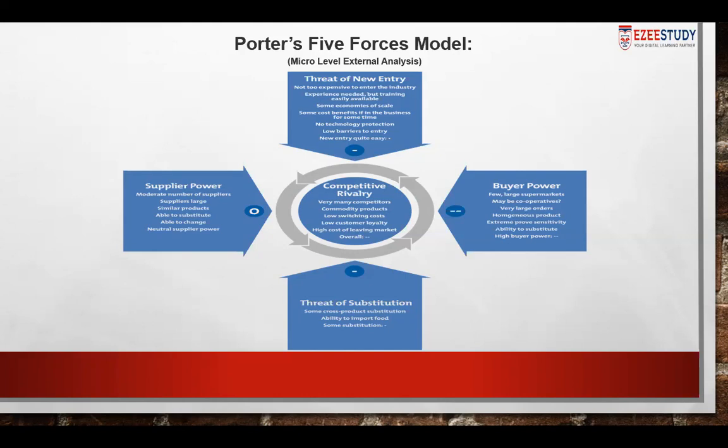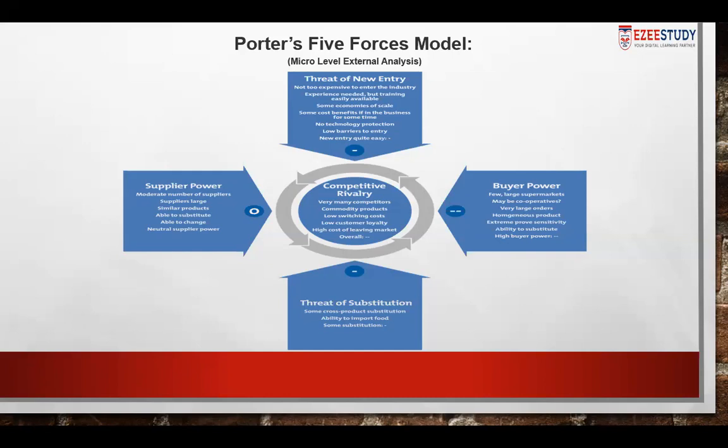So there is always a threat, in some cases low or in some cases high, but there will always be a threat that there will be a new entrant coming into the market. So you can never ignore the risk of a new competitor coming to the market while you'll be formulating strategy. So you'll have to analyze the position, that how likely it is that a new competitor is going to come in. So it's very important to analyze the likelihood